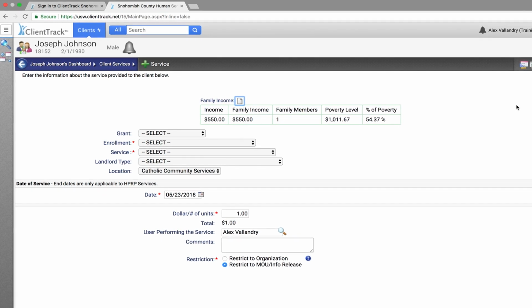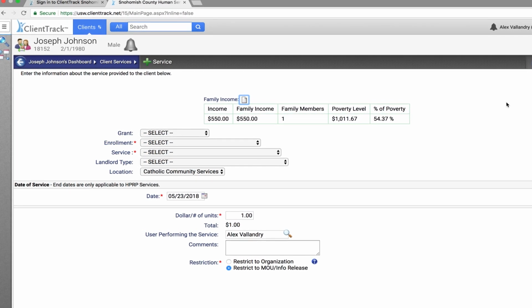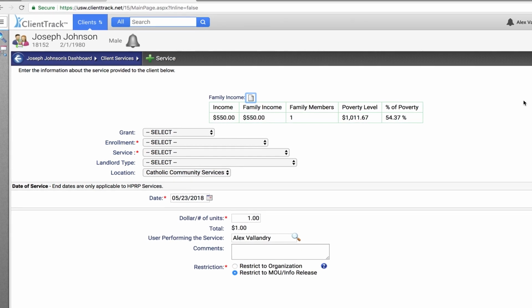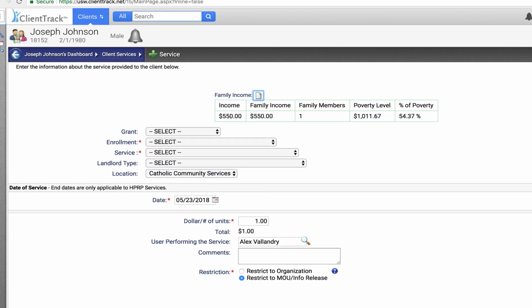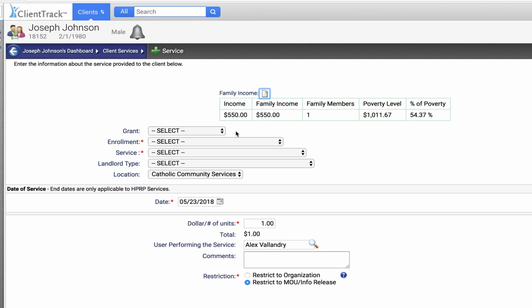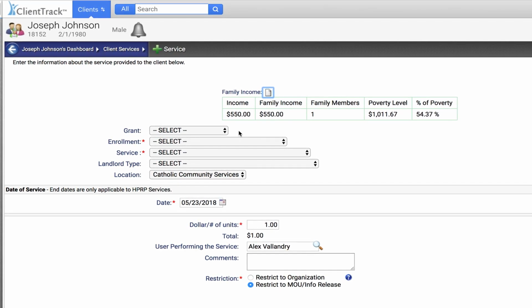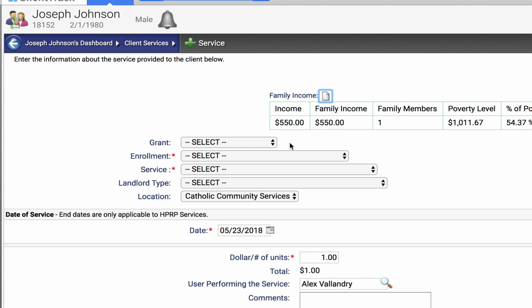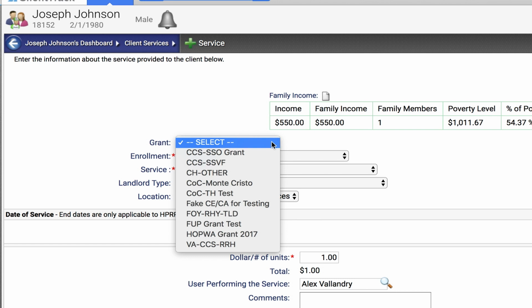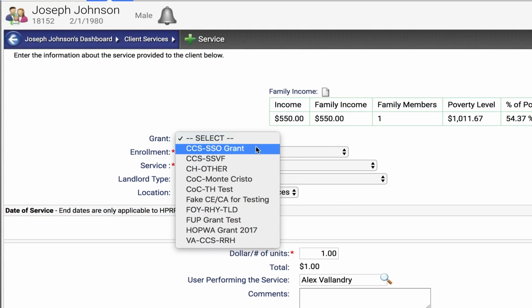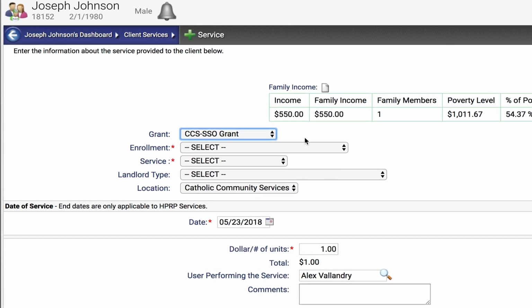Since you have to bill the service to the correct grant and tie it to the correct enrollment, always work from the top down. We know this will be for the Shelter Care Plus program, so we have to find the correct grant. If you were to work in a different order, such as bottom-up or random, this may cause a grant program mismatch. So, from the top down, first select your grant. In this case, we see all available grants for my organization, and we want to select one that is tied to Shelter Plus Care. We know in this instance it's a services grant, and then, once my grant is selected,